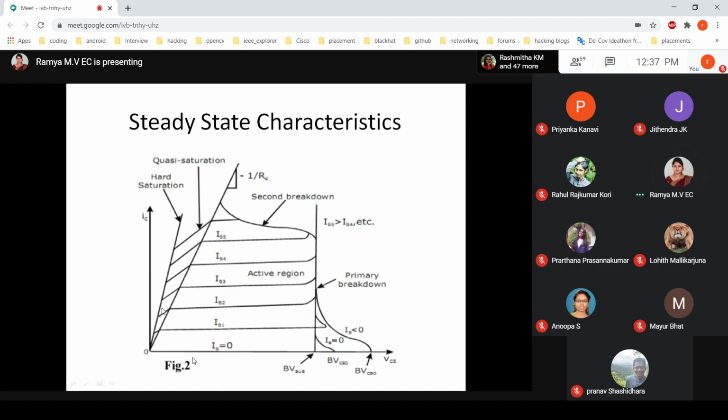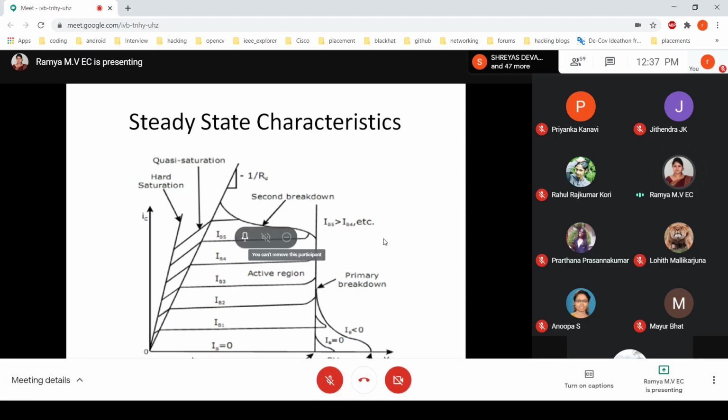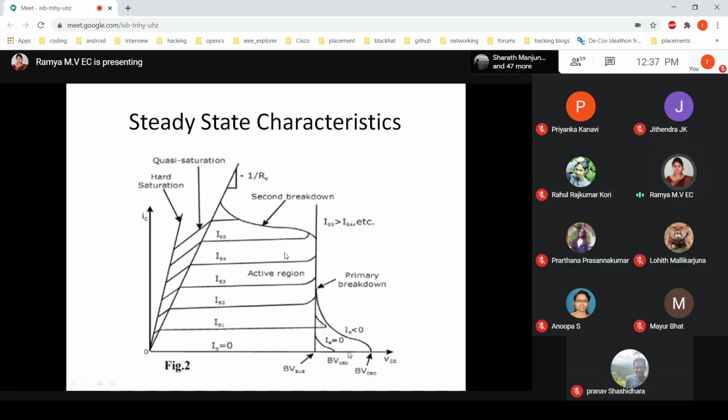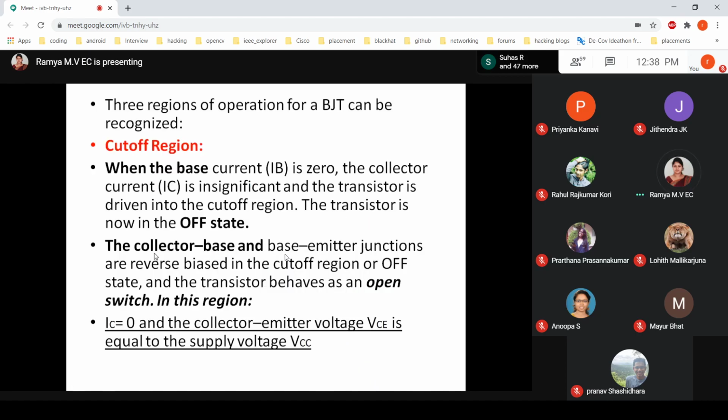So how will we be marking this? Suppose I want to draw the DC load line on the output characteristic curve. What is required? I require 2 points to draw the DC load line, one at the x-axis as well as one at the y-axis. At the x-axis, IC will be 0 and VCE is equal to VCC. I'll get point A over here. Similarly, I will be having point B at the y-axis. In that case, voltage will be 0 and current will be there. That is what is mentioned over here.